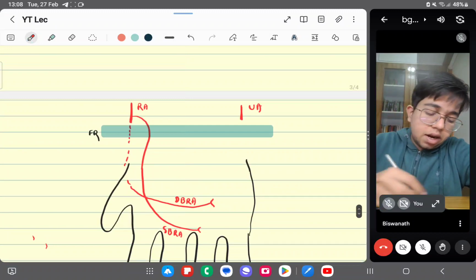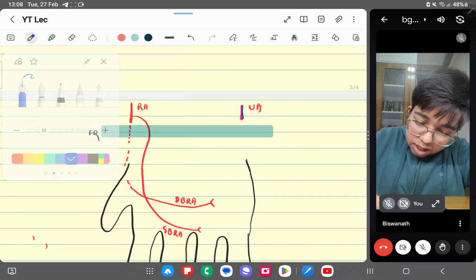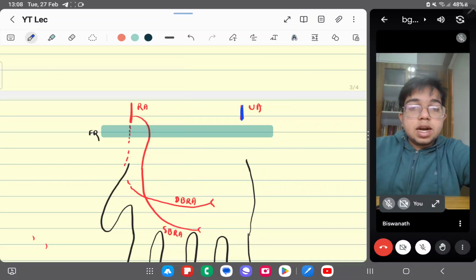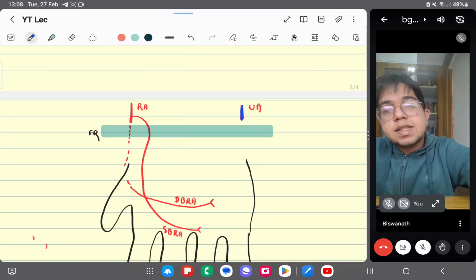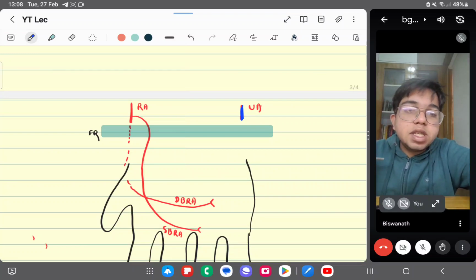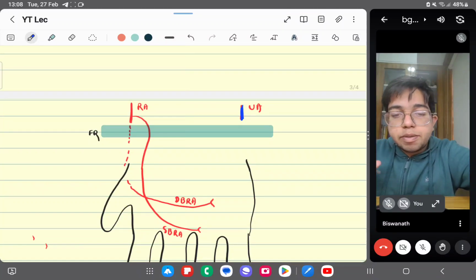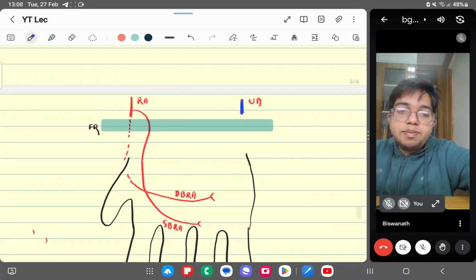And this ulnar artery also. Let me draw the ulnar artery in another color, blue. Okay, let's take blue. So the ulnar artery basically passes deep to the superficial slip of the flexor retinaculum. The flexor retinaculum has two slips, forming two tunnels. From the superficial slip, the ulnar artery passes deeply. Okay,